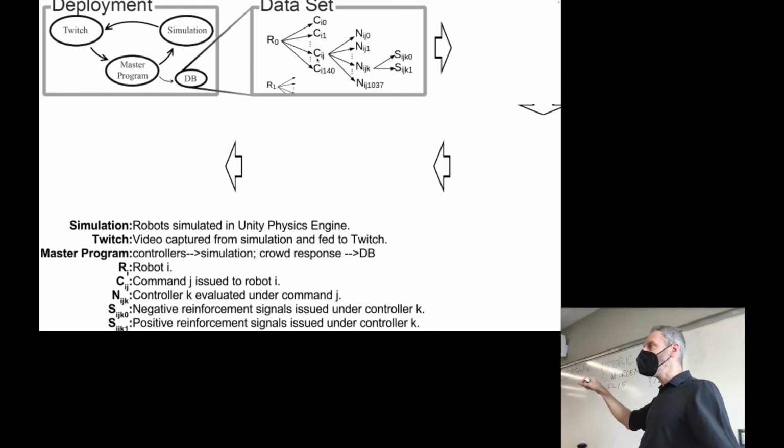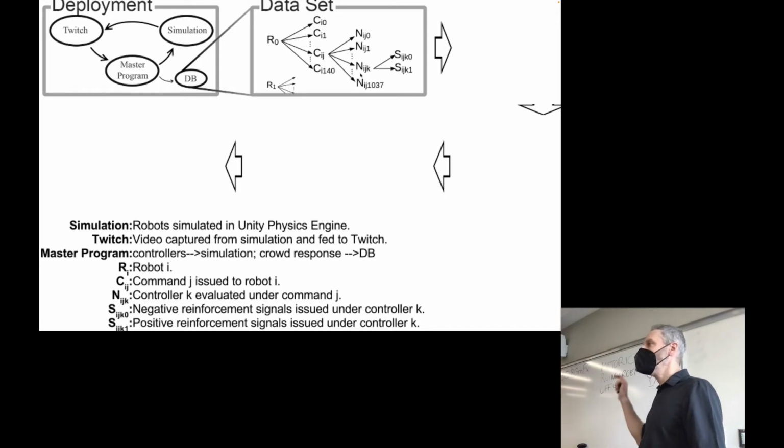When the crowd voted on a command and it was, quote unquote, sent to the robot, that command would be in effect for about 5 minutes. And over that 5-minute period, we would run a whole bunch of random controllers on that robot under that command, which gives us another data set,